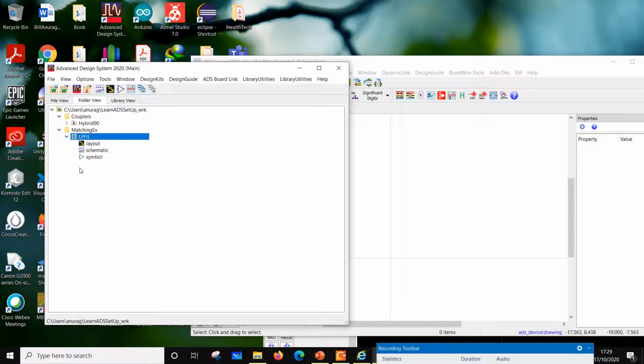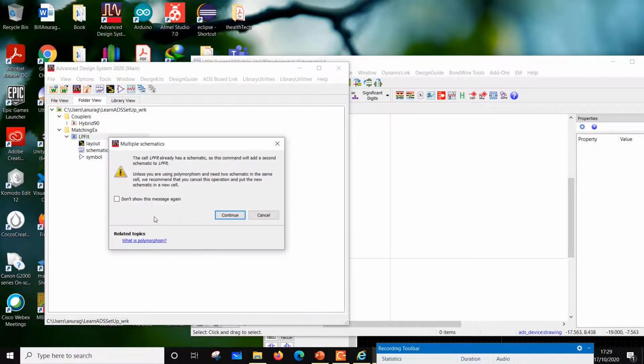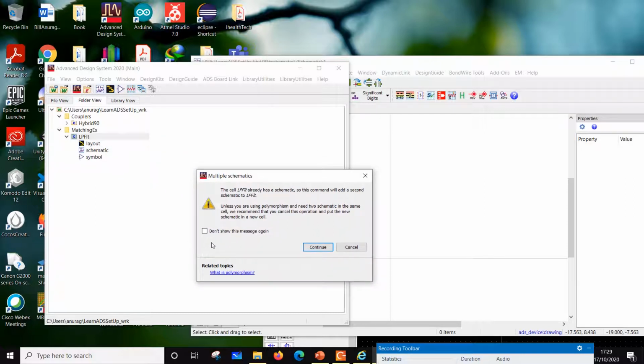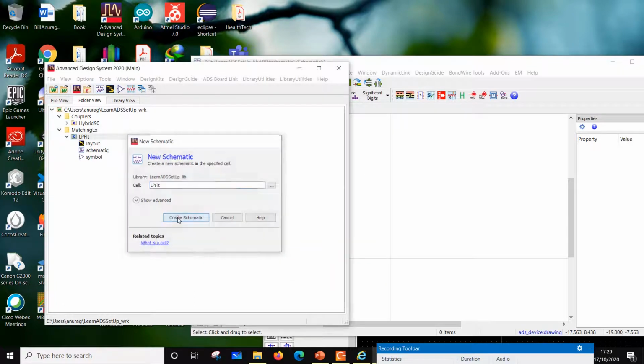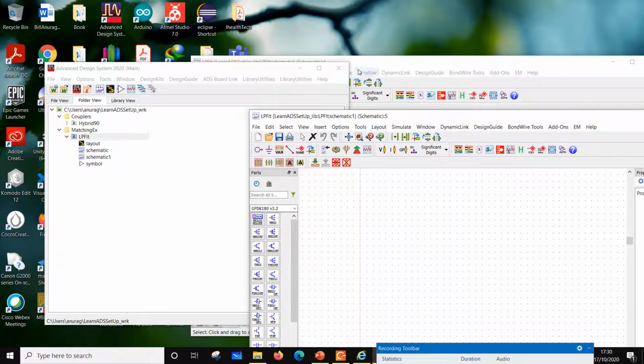Now can I have more than one schematic in one cell? Yes. So for example, I can say file new, and I can say here new schematic. So it's going to come up and give a warning. Okay, it says that you are making two schematics for the same cell. It doesn't matter, it will be called schematic 1. So now I have got two schematics for the same cell, right?